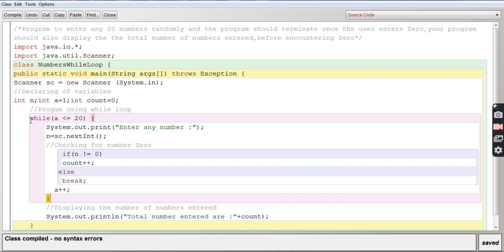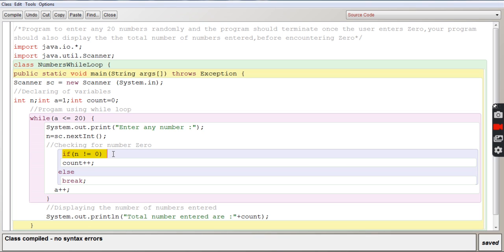It will go to the while condition and check 3 is less than 20. Of course 3 is less than 20. It will ask you to enter a number. This time for n, I am going to enter a negative number. Let us say we have entered the negative number -1. So -1 will be checked for 0.